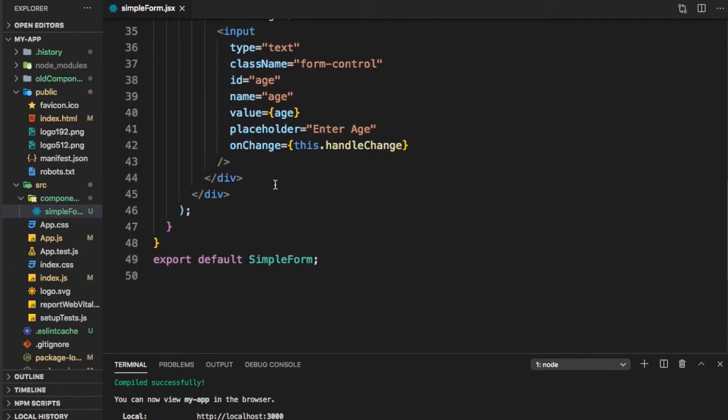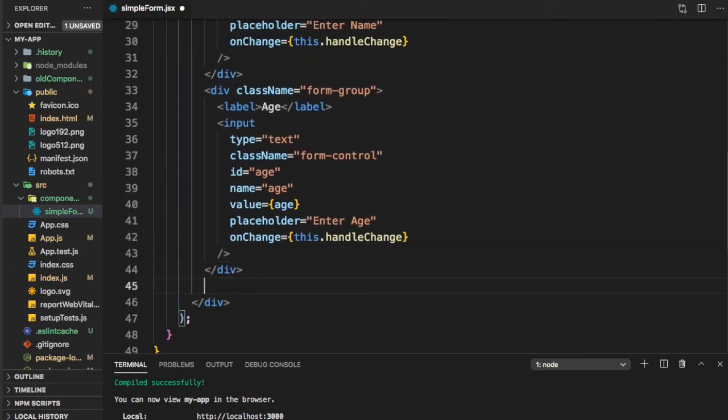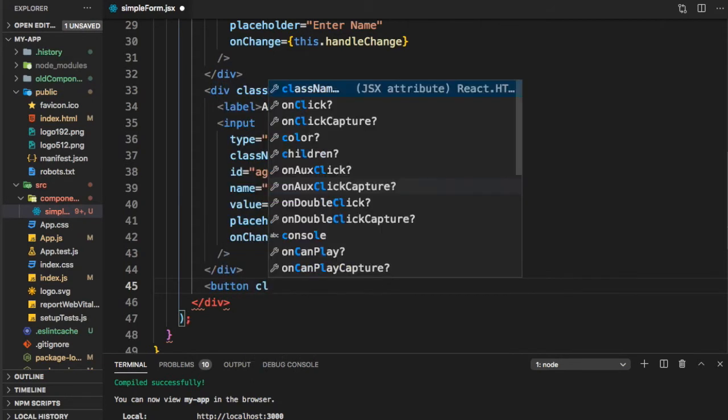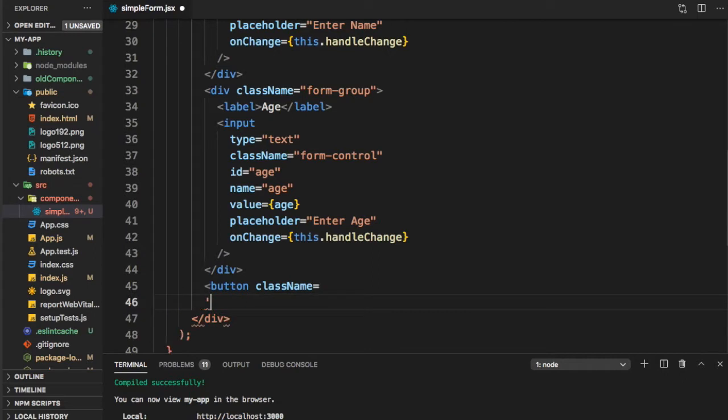Let's go ahead and also add a button here. So I can just say button, className is equal to btn primary, submit.